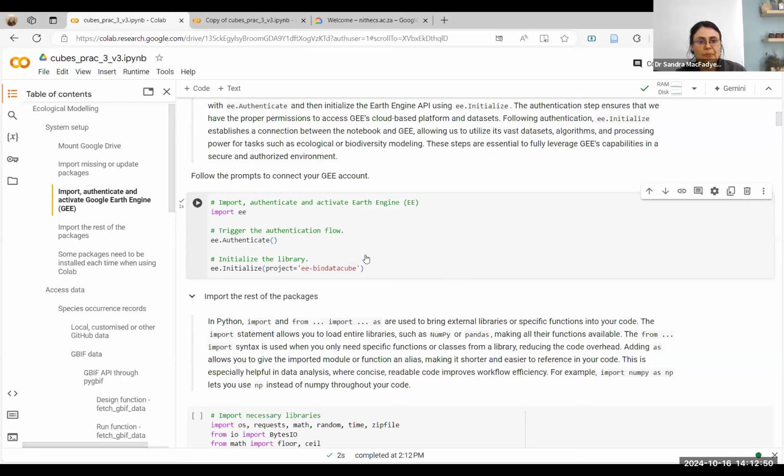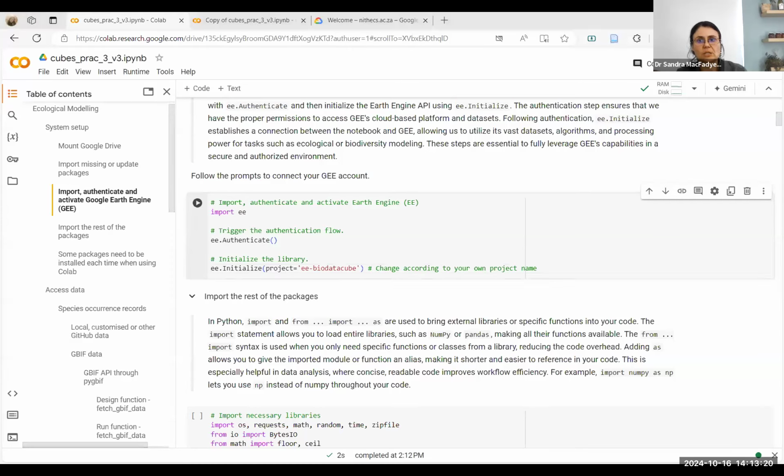Now, importantly, this is my project name, so you would have your own project name that you need to put in there. This is the section here where you would need to change it according to your own project name. To get your project name, if you're not sure, you would go into the